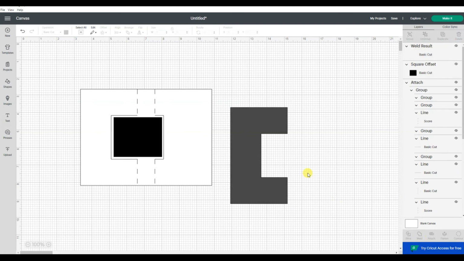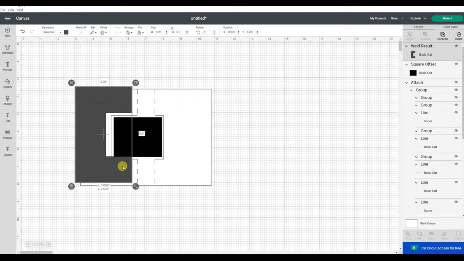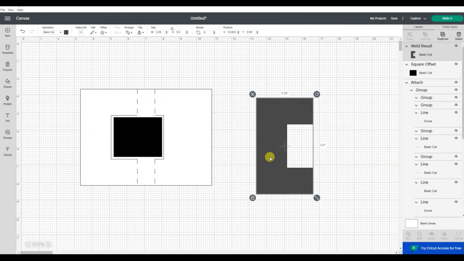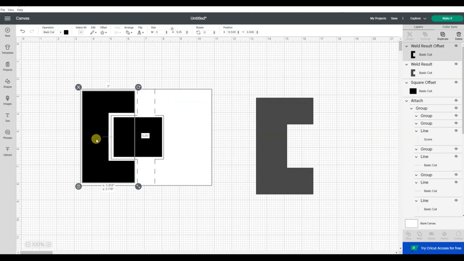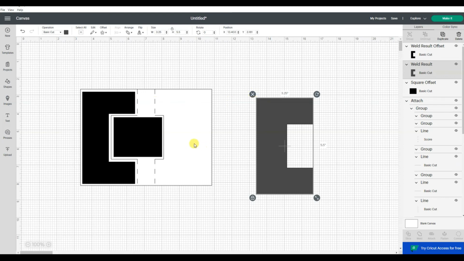Weld them. So now this gives me the full piece here, but I don't want the full piece. I want a little inset piece. So I'm using the same inset I used before on this one. And there's my inset piece. I can change those colors later. So now it's going to be wider over here. So if I take this and flip it horizontally,